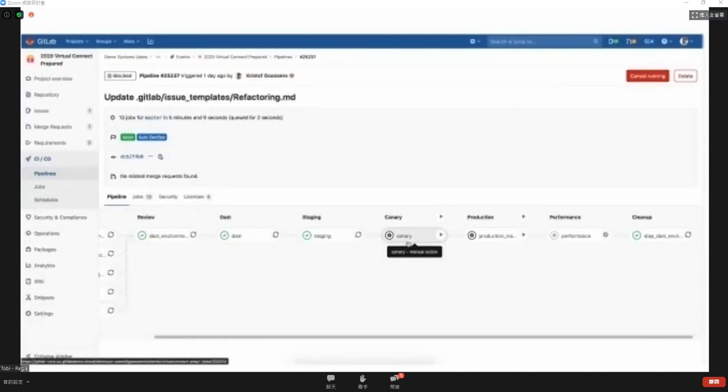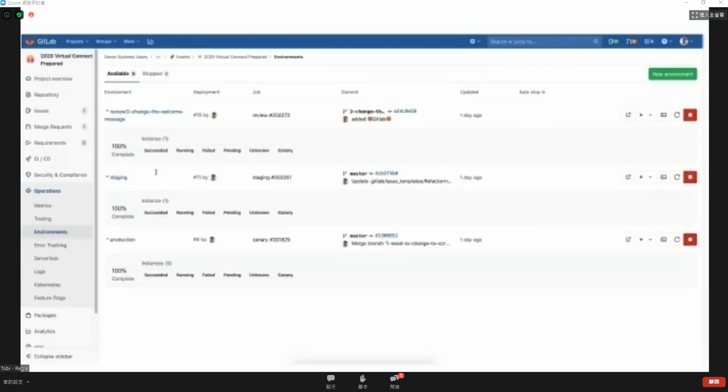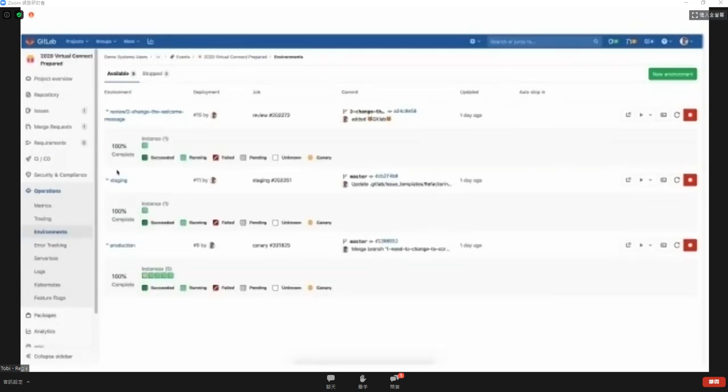It is not running for all the different pods that are available in production. So small reminder, all of these are running in Kubernetes, and in Kubernetes, we have multiple pods. Let me switch to our environment screen, or environment dashboard, to make it more clear. As you can see, our staging environment only has one pod running. However, our production environment has 5 instances running, so 5 pods, and one of them